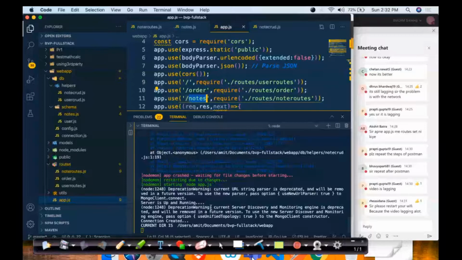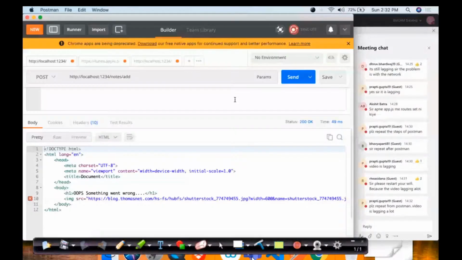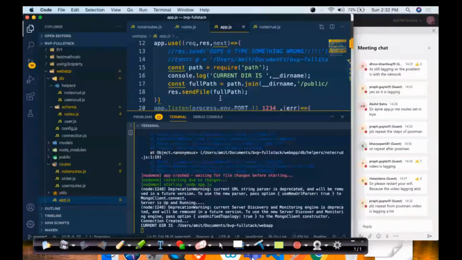I will repeat. I will just check the error first of all. What is the error that is coming? It's saying something went wrong. I think it is called something went wrong only and only when